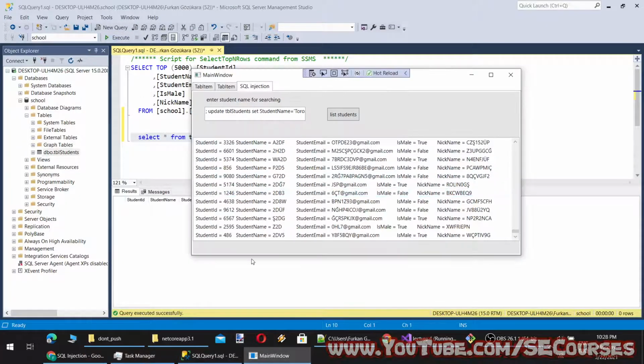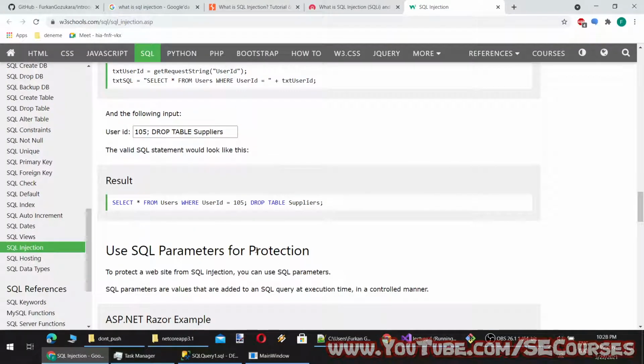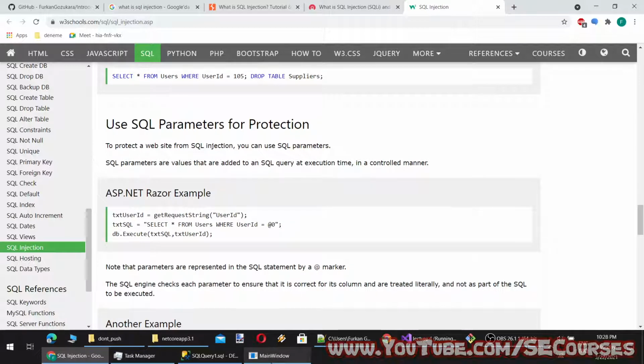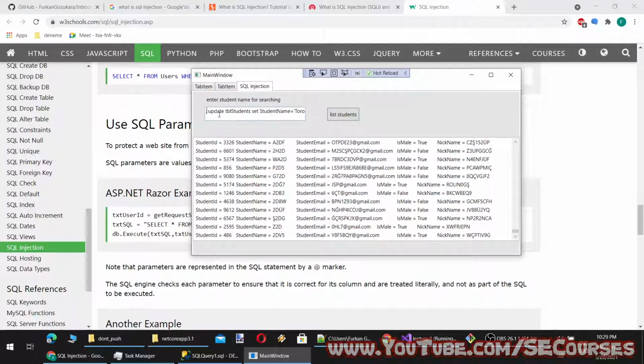Oh, the first query is throwing an error, so let's try it like this, fix, and then here.